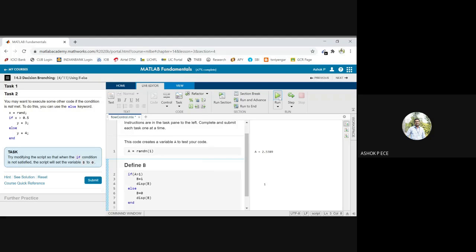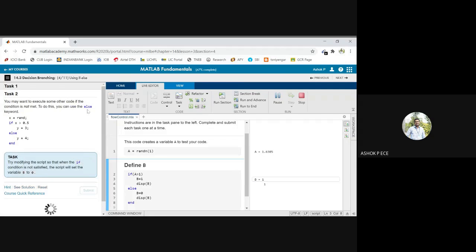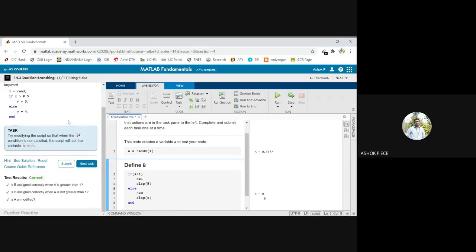So I can verify this code very easily. A is 0.95, B value is 0. A is minus 0.32, B value is 0. You see A is 1.6305, B value is 1. So I am setting the value of B based on the magnitude of